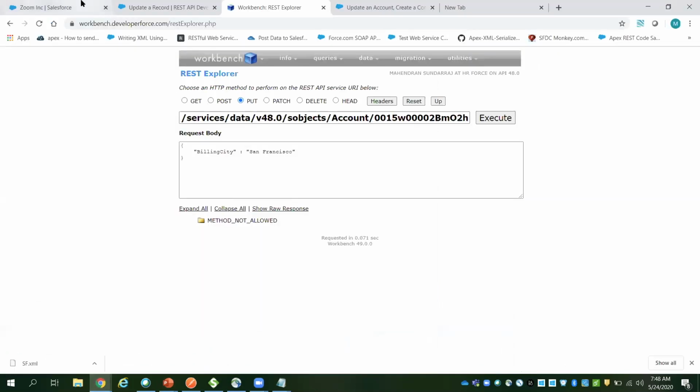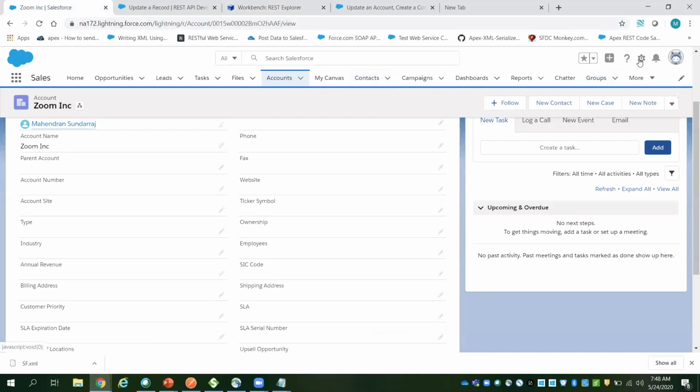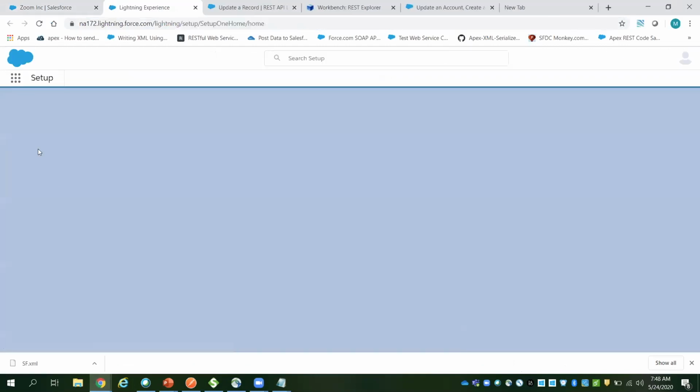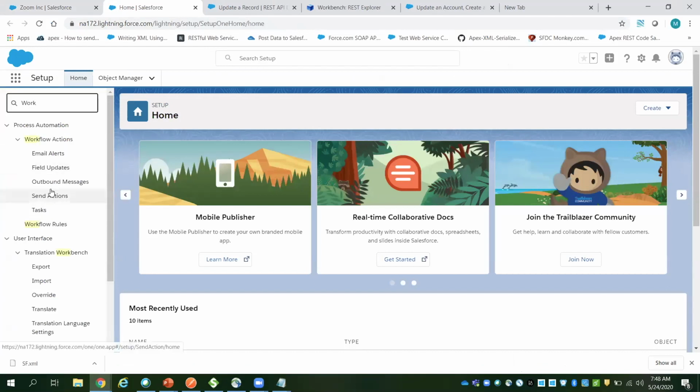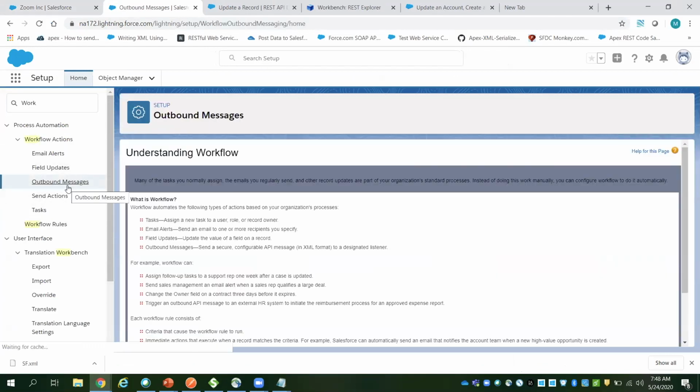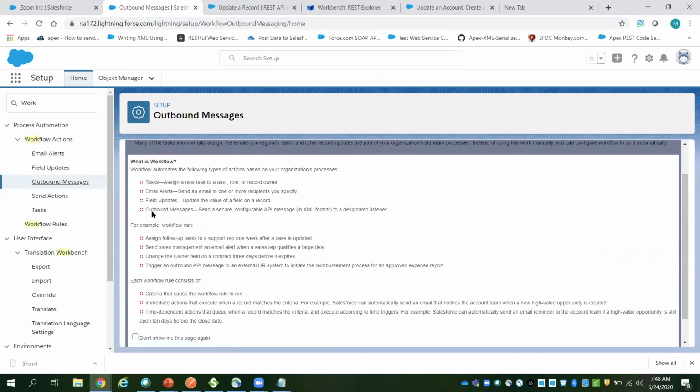You can see the outbound messages basically in the workflow rules. I think we already, they might have covered this. Using outbound messages, you send a secure configurable API message in XML format to a designated listener. Listener is nothing but a third-party endpoint URL.